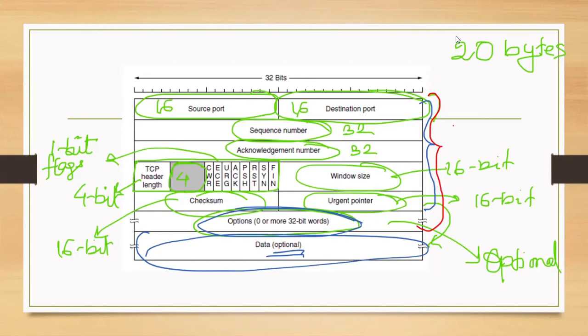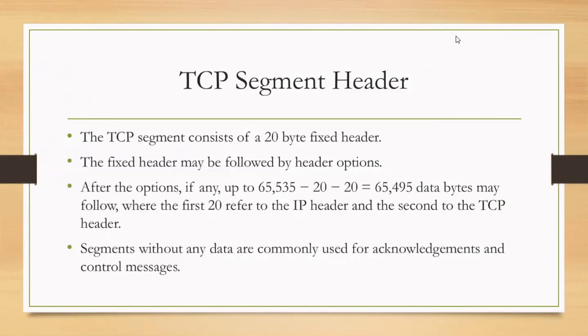Let's look at each field individually. Like I have already mentioned, a 20 byte fixed size header is there. This is followed by header options, that is optional, 0 or more 32-bit words that you can have. After the options, how many bytes of data can you have? You may have 65,495 bytes of data.